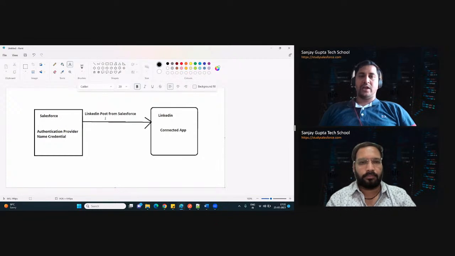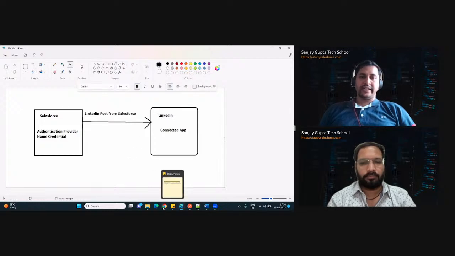Again, like we have discussed in the previous video as well, whenever we have to perform the integration, ideally we should do it by using OAuth 2.0. That is the recommended way of integration. So here also we will be using the concept of OAuth 2.0. What we will be doing here is, on LinkedIn, we will go and create our app first. And post that, on Salesforce, we will also go and register the LinkedIn URL so that we can make the callouts. Let's do the things one by one.